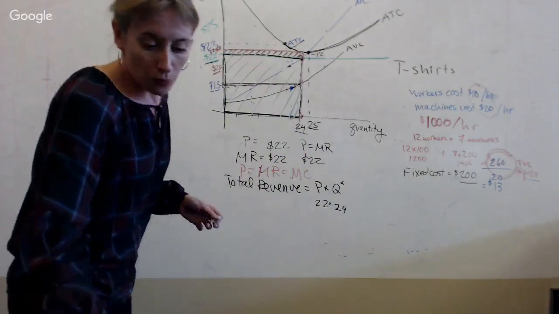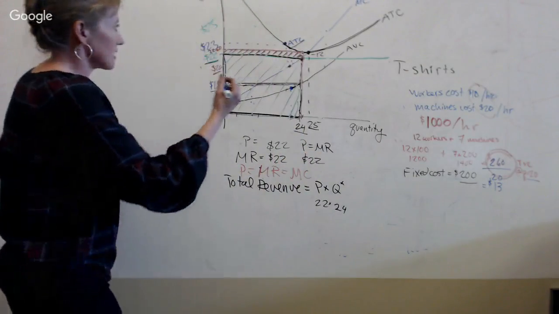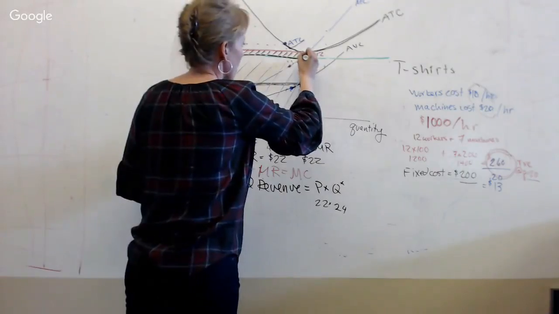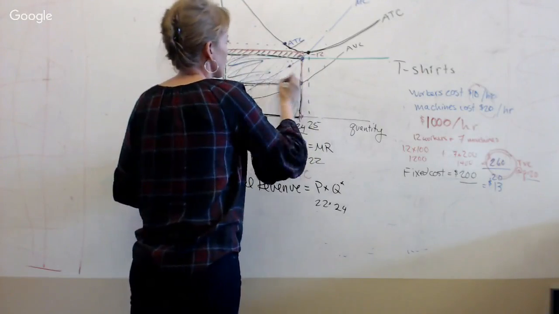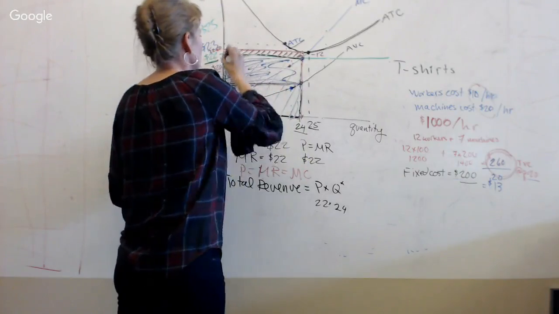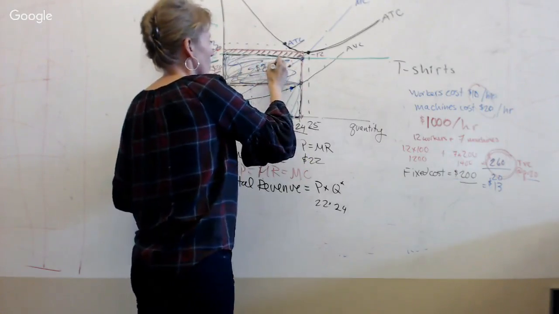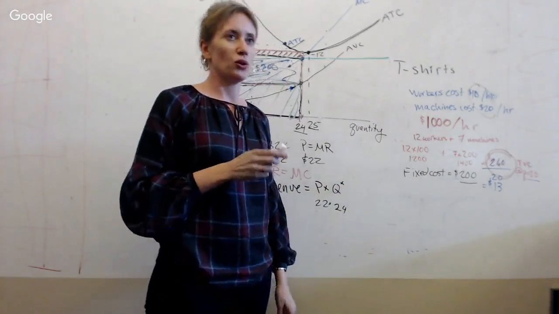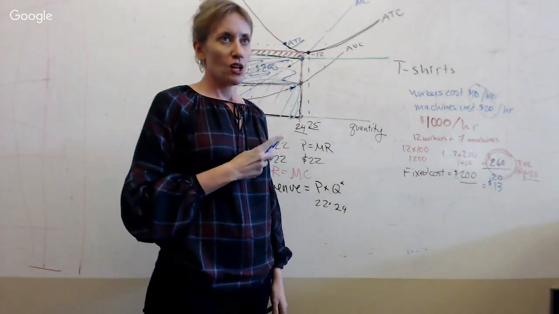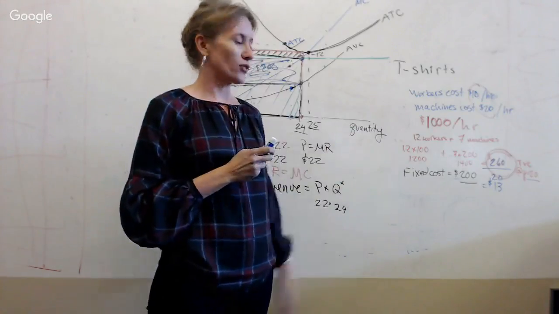Now, another way of thinking about it is that the difference between our average total cost and our average variable cost, this here is our total fixed cost. And we have to make sure that we did our numbers right, because no matter where we are in the graph, that's equal to $200. So Jose, we're earning a loss of $12.